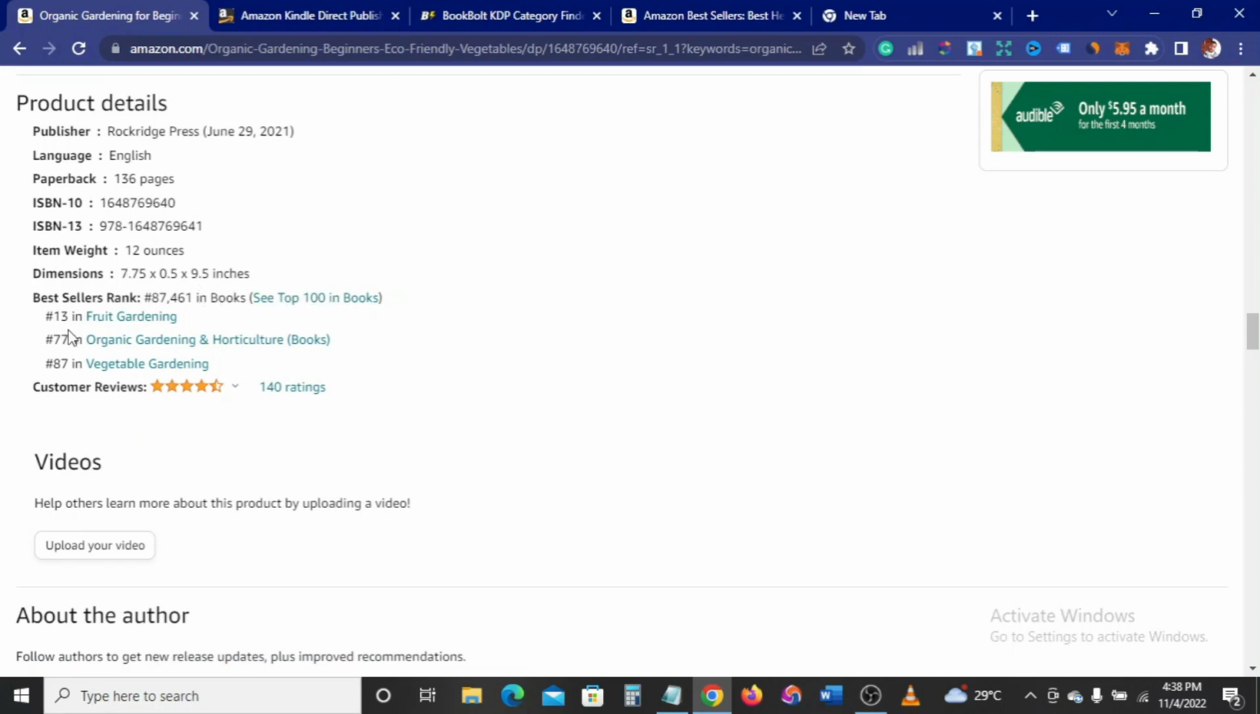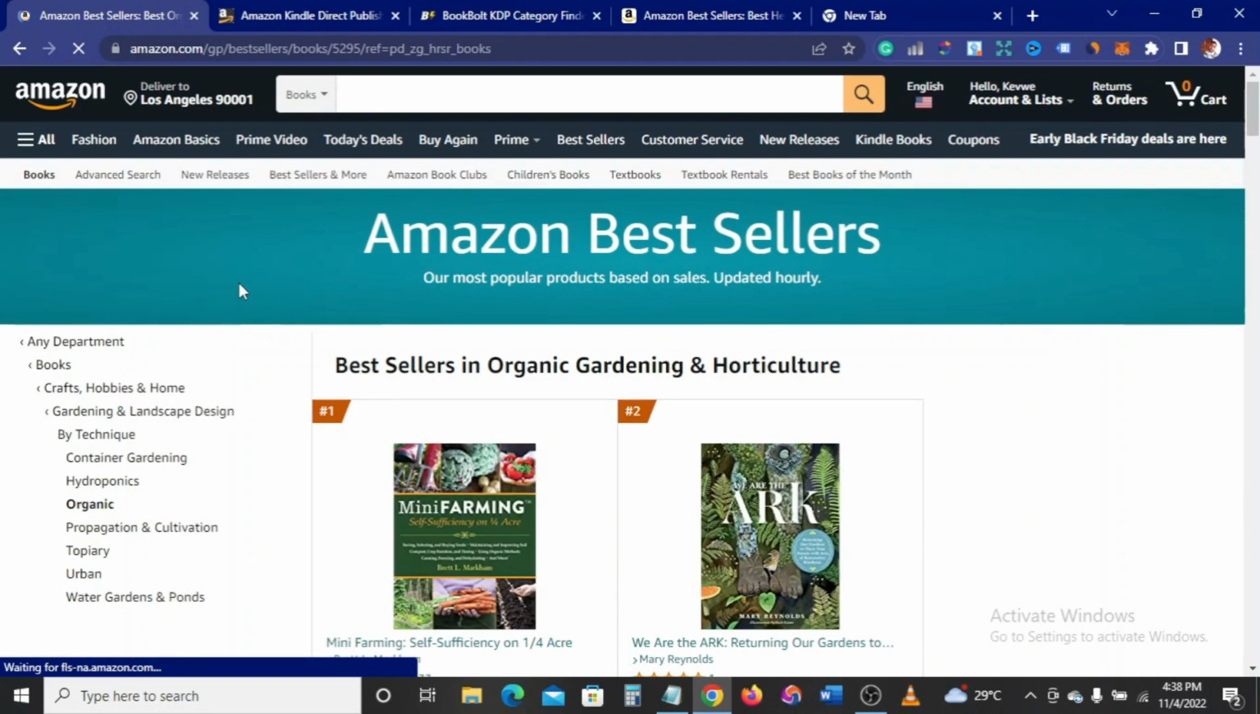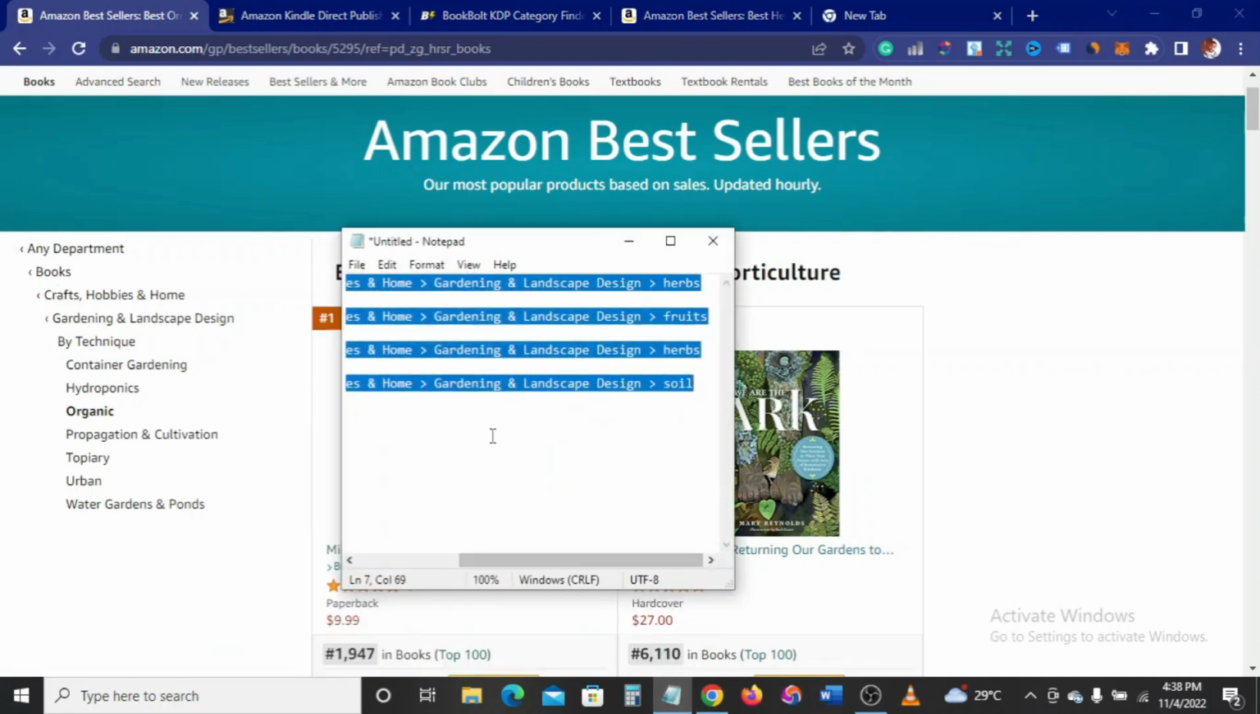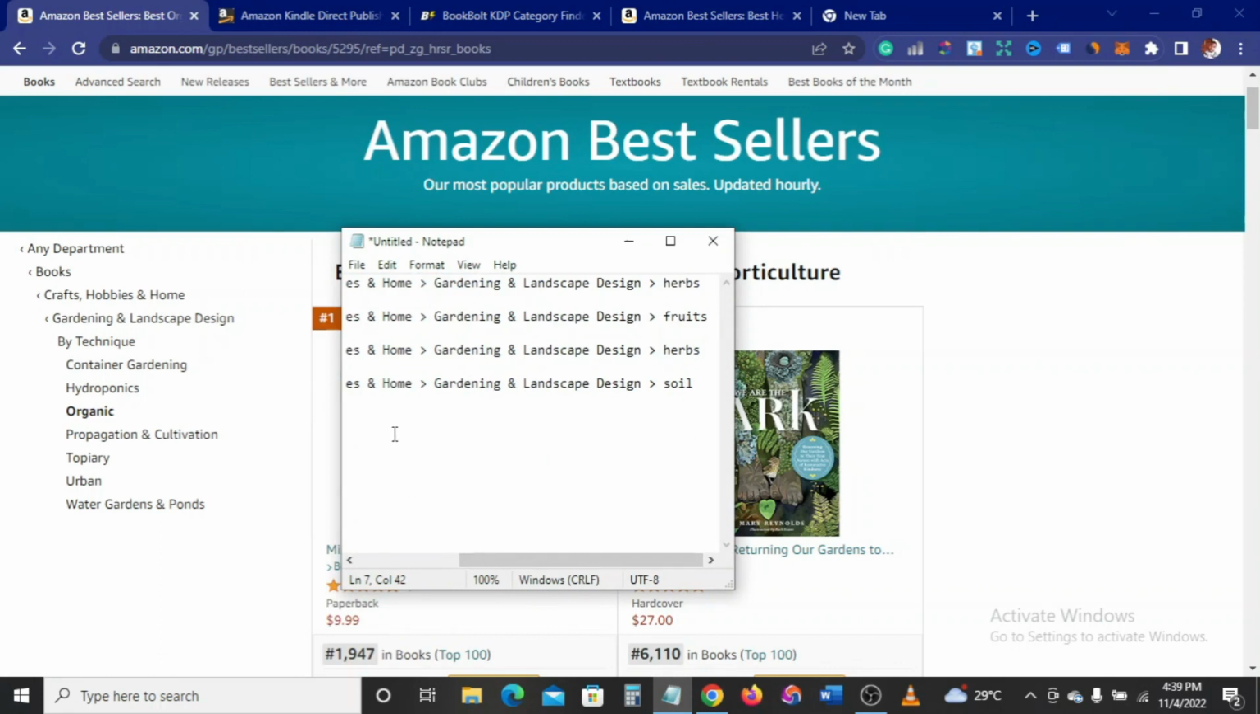Okay, so as you can see, this book is in these categories: fruit gardening, organic gardening and horticulture, and also vegetable gardening. So if you click on this, it should show you the pathway in which this book is. As you can see, you have books, craft and hobbies, gardening and landscape design, then organic. All you have to do is just copy this and write it down